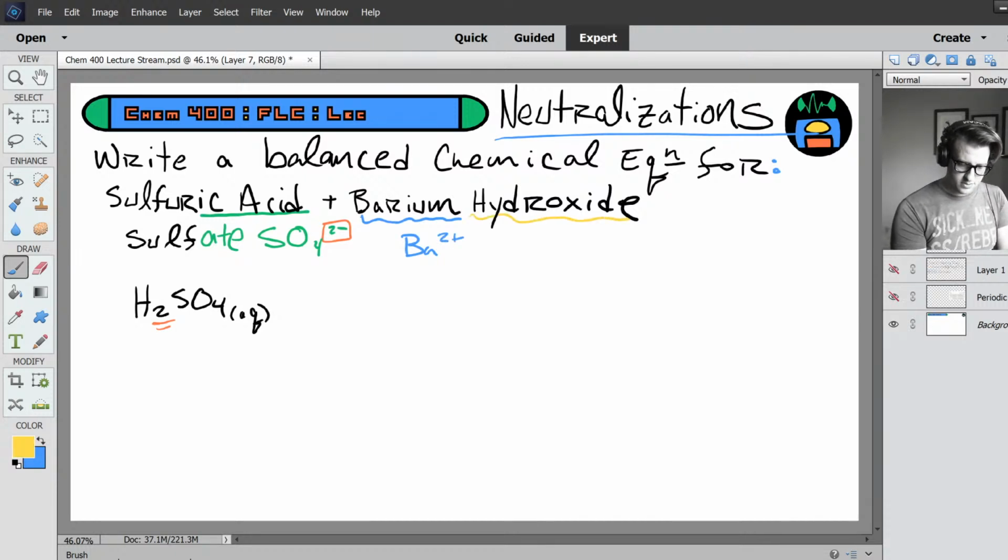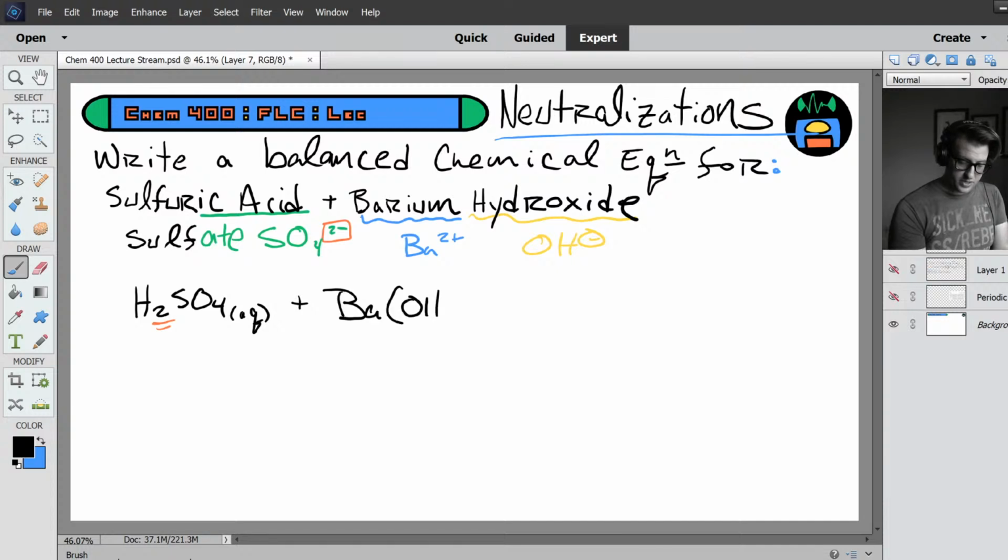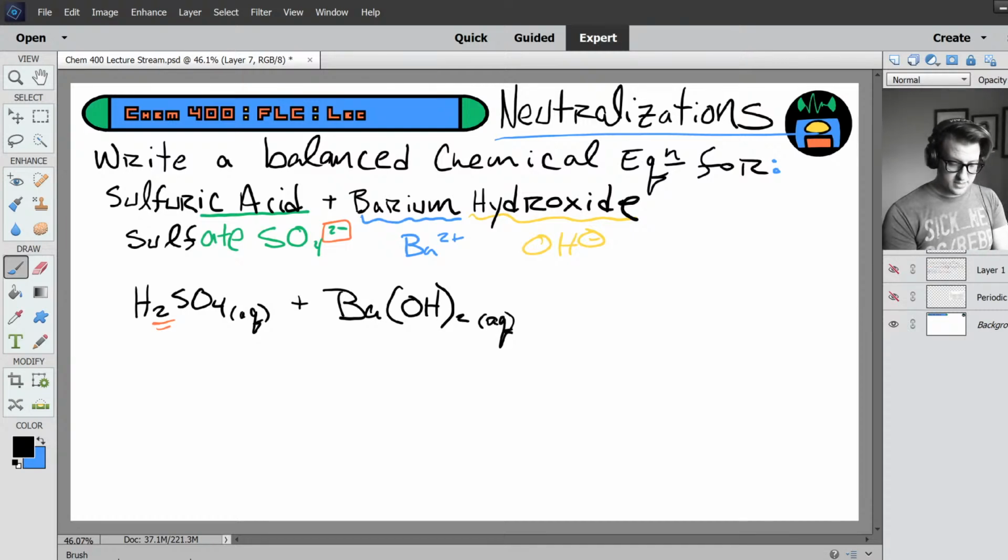Hydroxide, as we already know, is OH minus. So this will combine in a 1:2 ratio with barium. One barium cation will pair with 2 hydroxide anions so that it's net neutral. And hydroxide is usually insoluble, but it's slightly soluble with barium, so we're going to write it in the aqueous phase. Now the products here for this reaction, the products for every neutralization reaction are always water,